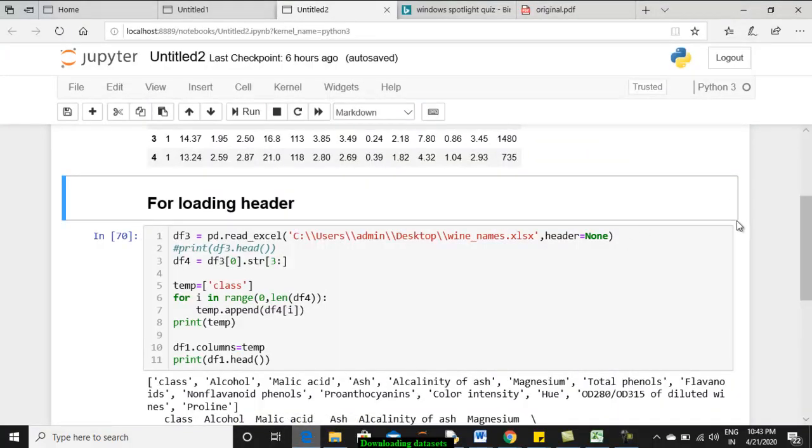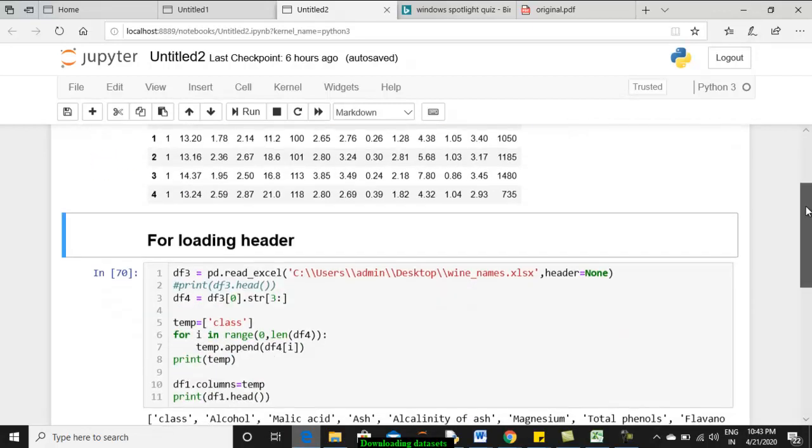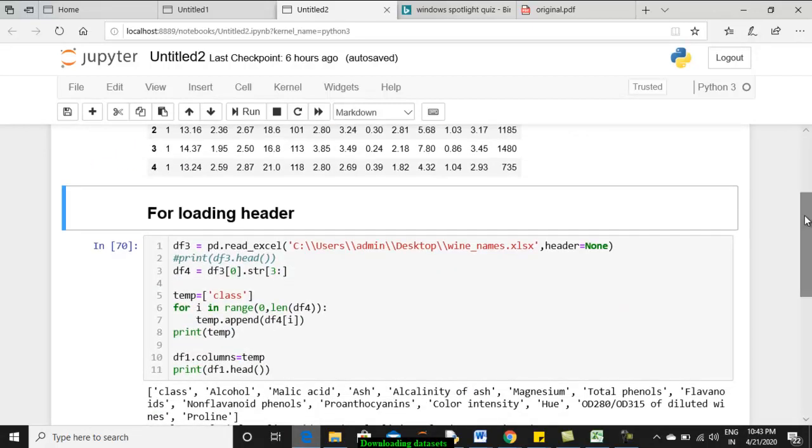Now initially we have seen how to create a data frame from your data, that is the wine data set. Now that we already have all the header names attached, the next process is to make all the headers appear as a list so that we can attach it to the data frame. What we did is df3 is pd.read_excel of.